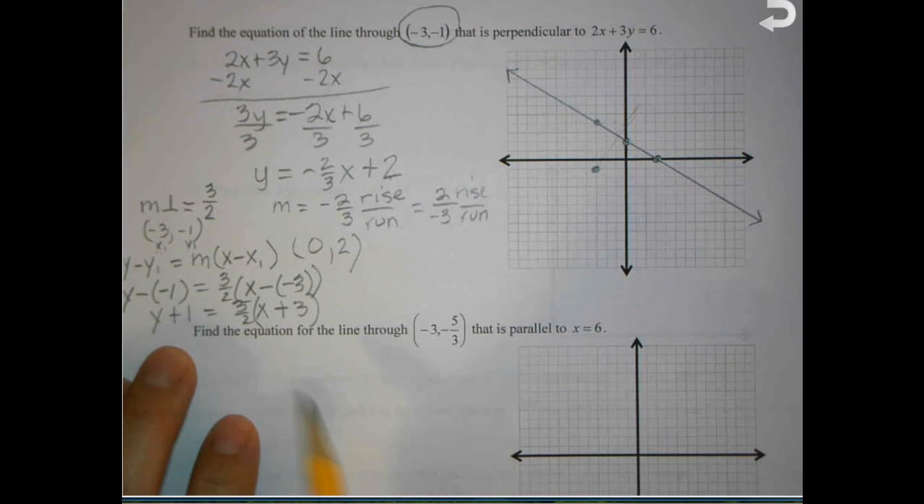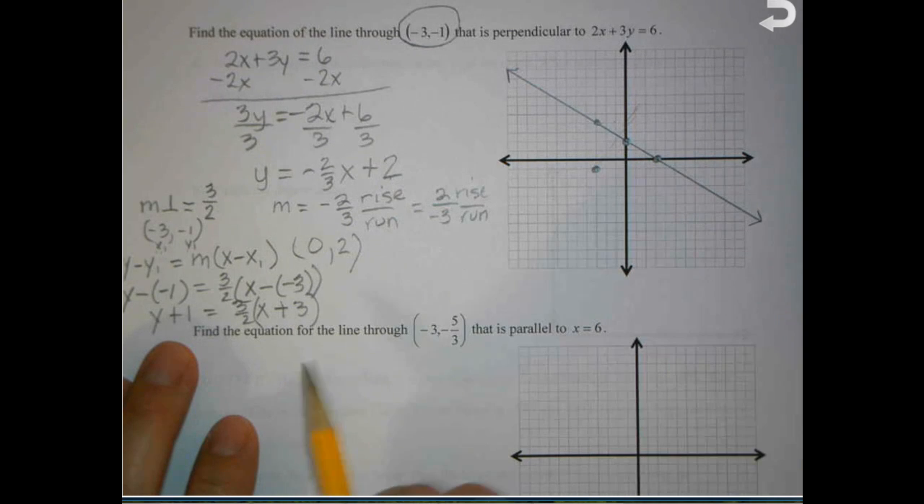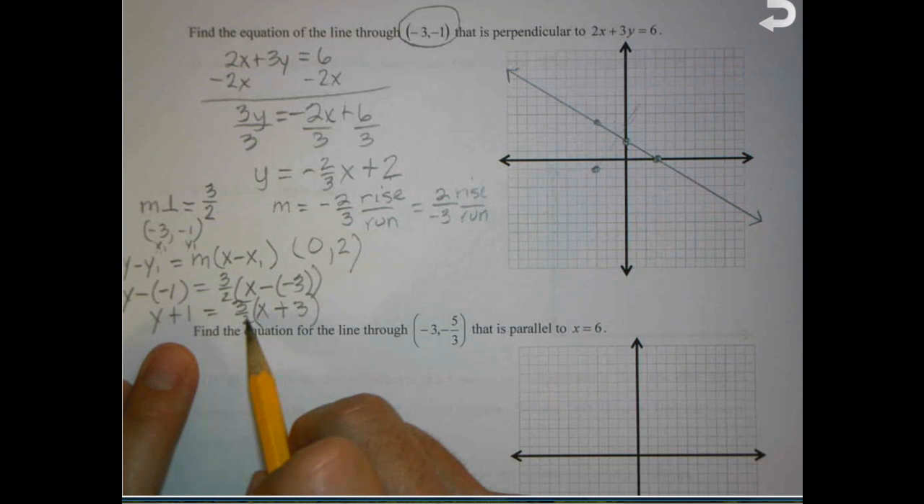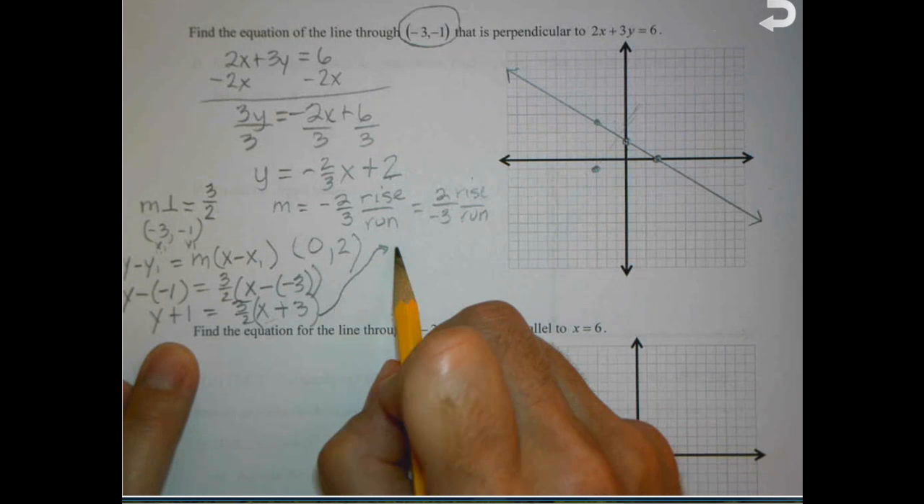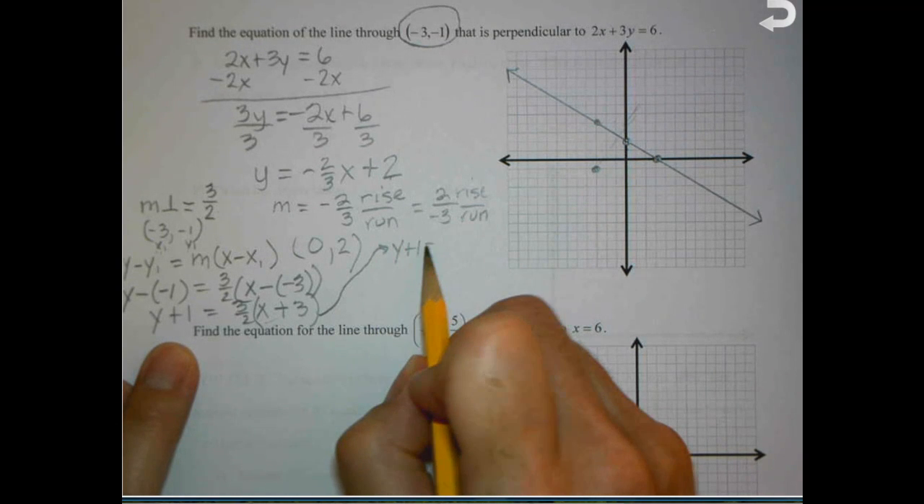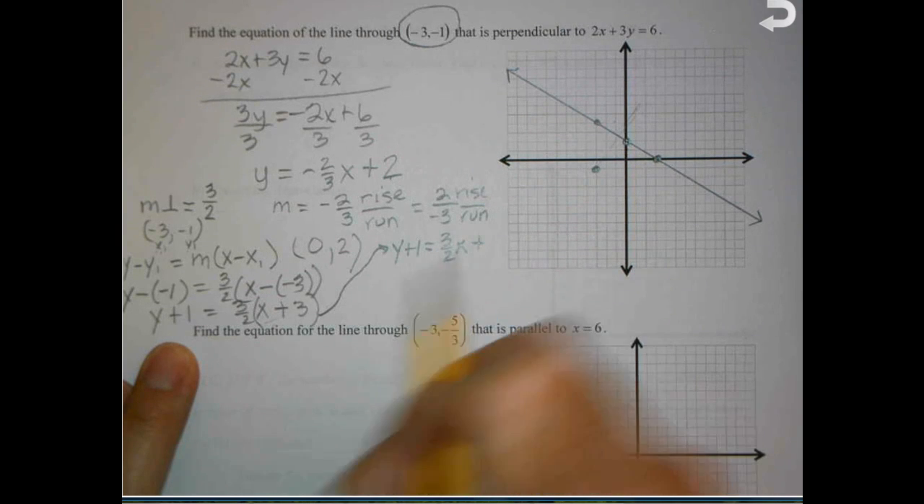Now, Hawks will let you leave your equation in this form, but I prefer it to be back in slope-intercept form, and I really want it that way so that I can graph it here on this graph. So I need to distribute this 3/2, so I'll put that right up here. y plus 1 equals 3/2 x plus, and if I take